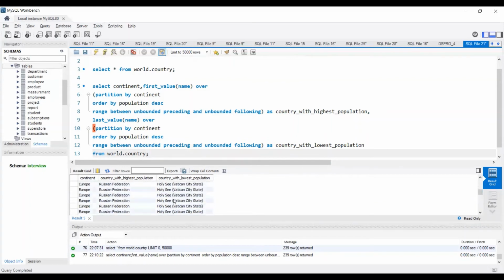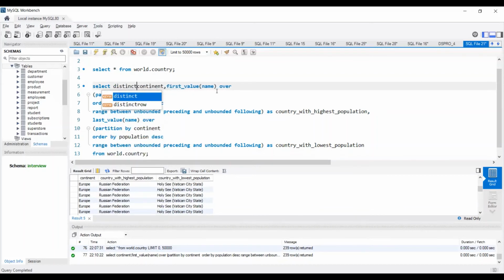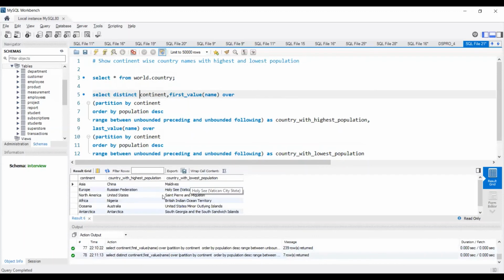Now in the previous video, part 1 of first value and last value window functions, I have already explained why we are getting duplicate records. Because we've given partition by as continent, it checks in each of the continent values how many records we have, and on that basis it will show that many records. So in Asia, we have around 51 records, so it will show 51 records for Asia. For Europe, if you have around 40 to 50 records, it will show 40 to 50 records. Now, to avoid the duplicate values, we can use the distinct keyword, just like in the previous video. Now this is the final list.